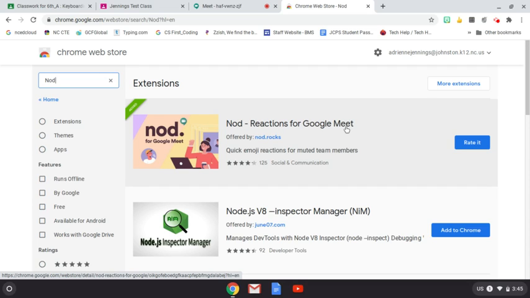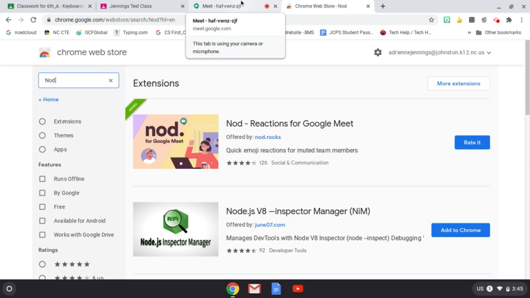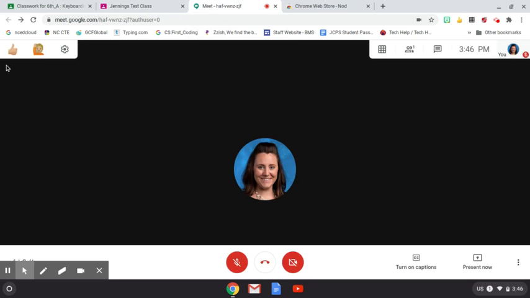I already have it downloaded to my Chrome browser, so I cannot add it again, but you will click the blue Add to Chrome option that is right here. You may not see Nod populate right away because you may not be in a live Google Meet. You have to be in Meets in order to see that you have the Nod extension,